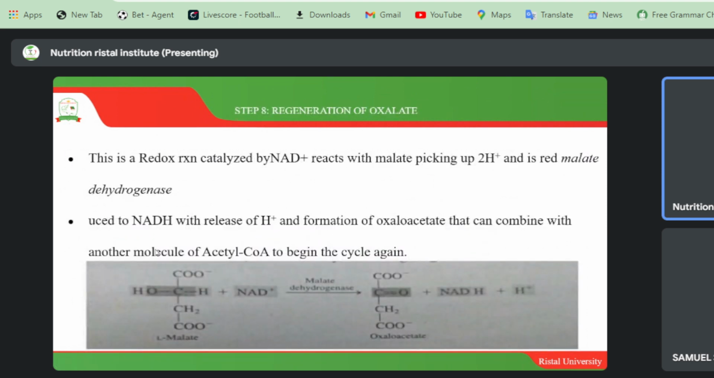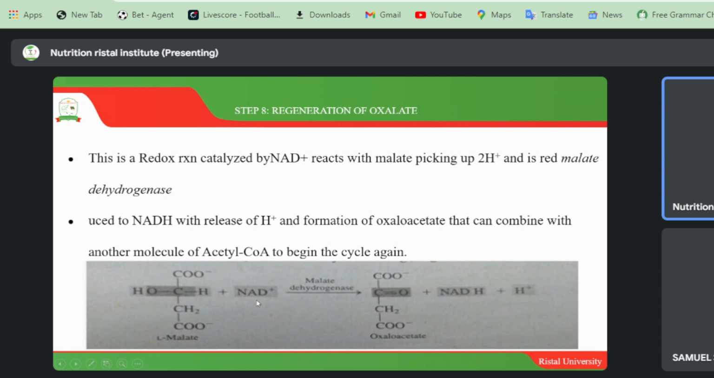Then the 8th step and the final step is that we have regeneration of oxaloacetate. So this is a redox reaction as well. I think this will be the 4th. It is catalyzed by malate dehydrogenase, and NAD reacts with malate, picking up 2 hydrogen atoms. So this NAD plus here is reduced to NADH with the release of a proton